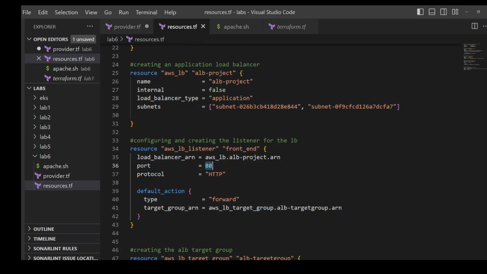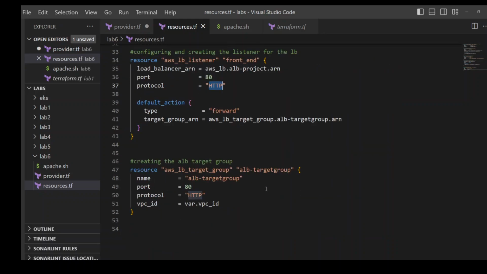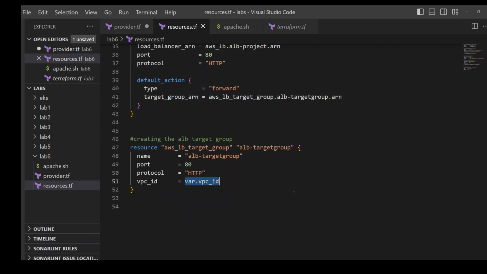It is listening on port 80, and the protocol is this. Now we are referring this target group in load balancer. We also need to create this target group, and we can simply create this target group by specifying AWS load balancer target group by specifying its name, protocol, port, and in which VPC it will be defined. Once that's done, all you need to do is to first initialize Terraform by Terraform init command like this,